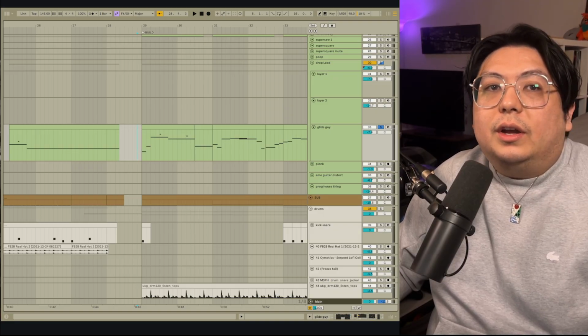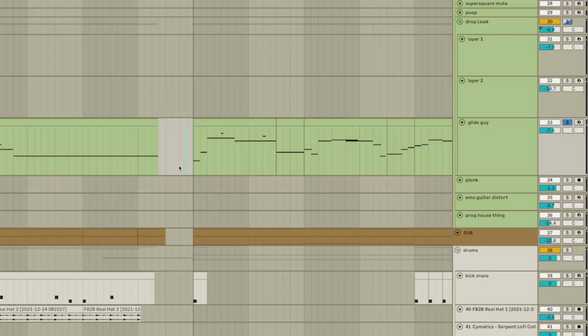And a square wave with unreasonable amounts of glide. So you can write a lead like...